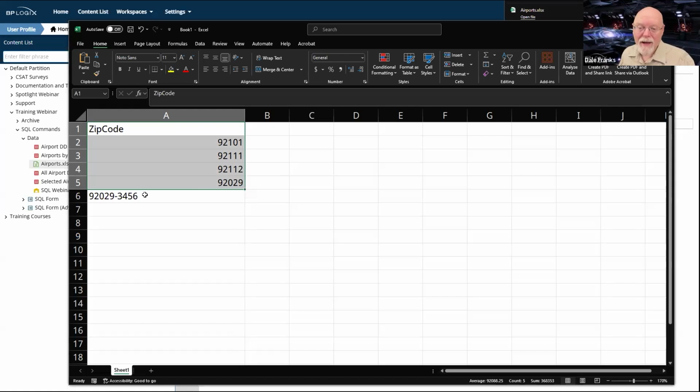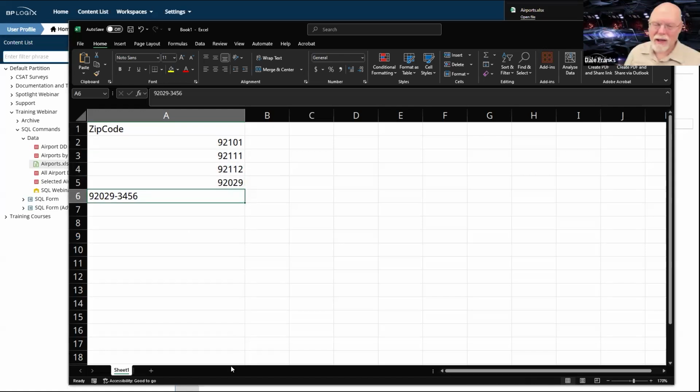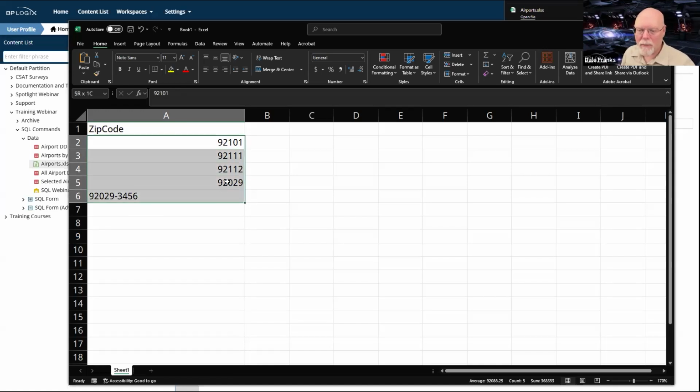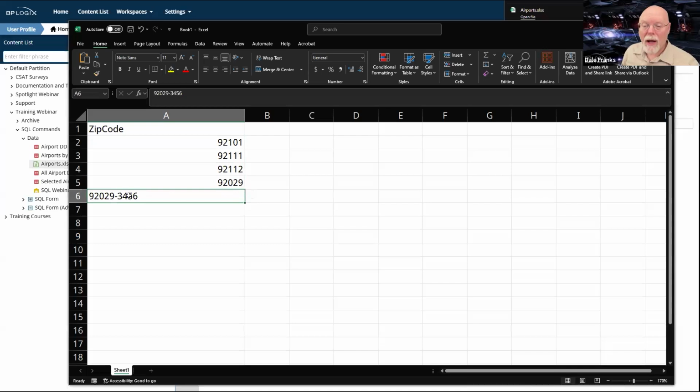They're text, because it didn't get far enough down to see that there is a weird set of numbers here. And so it's going to want to import this as numbers. And you don't want to import it as numbers, even if you don't have any 4-digit zip codes, although it won't be as big of a problem if you don't.